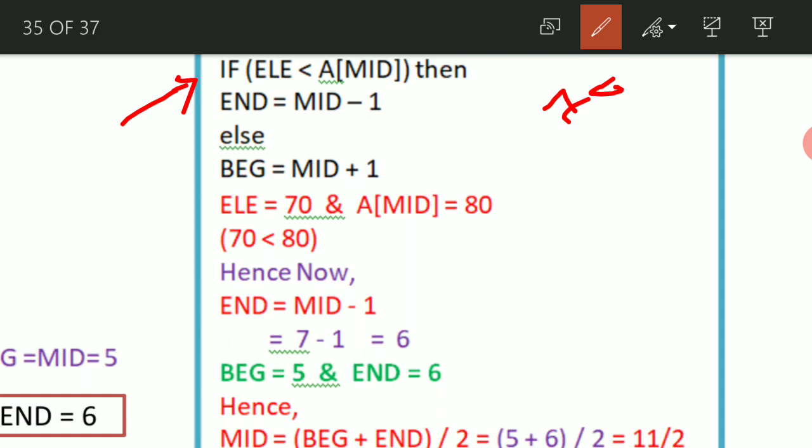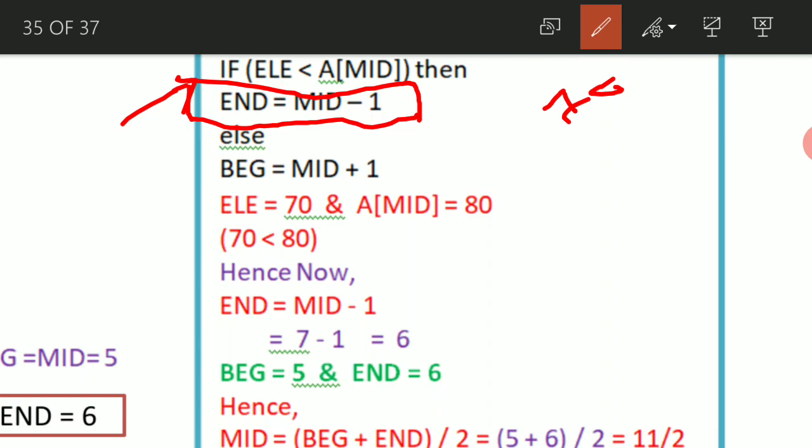Then what happens now? We'll concentrate here. Hence, if it is true, because the condition goes true, end equals mid minus 1. Now concentrate here. We are changing the end value, not the beginning value.